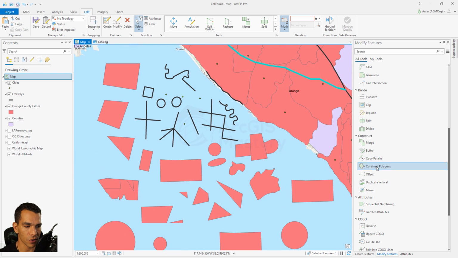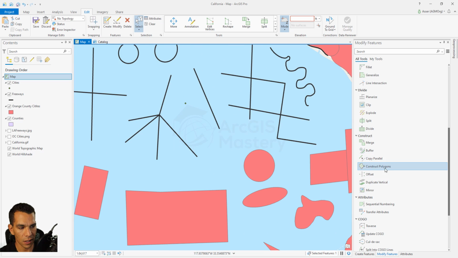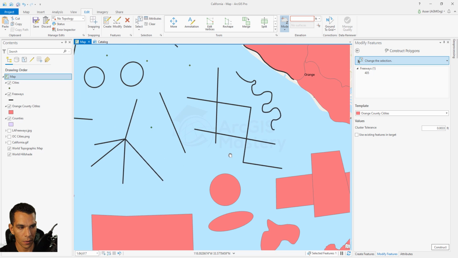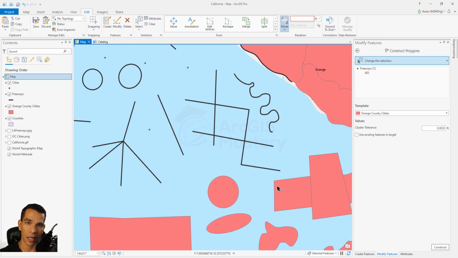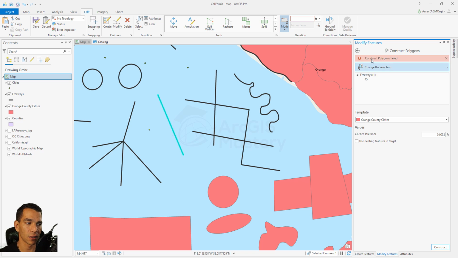Here we have construct polygon, and construct polygon will create a polygon from a line feature, but these lines have to be intersected to create a polygon for you. So for example, if we select this tool here, you have to select lines that intersect with each other to create a polygon. So if I select this one and I click construct, it gives me an error saying cannot construct a polygon